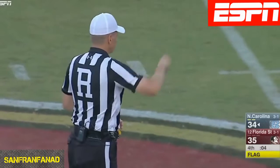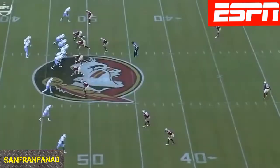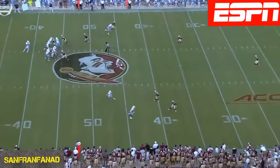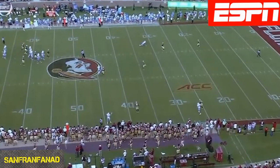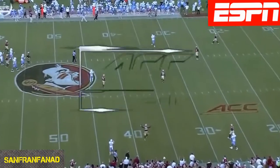That's against Tavares McFadden. You know, Jonesy, this puts them in an interesting position. This doesn't put them where they need to be for a field goal, but with only 4 seconds